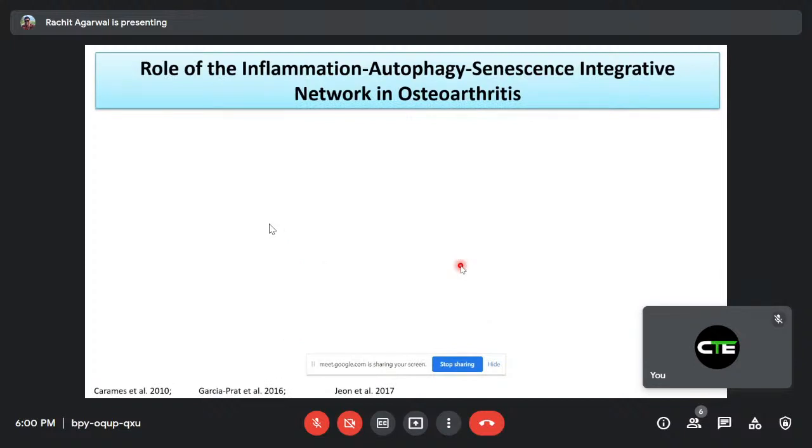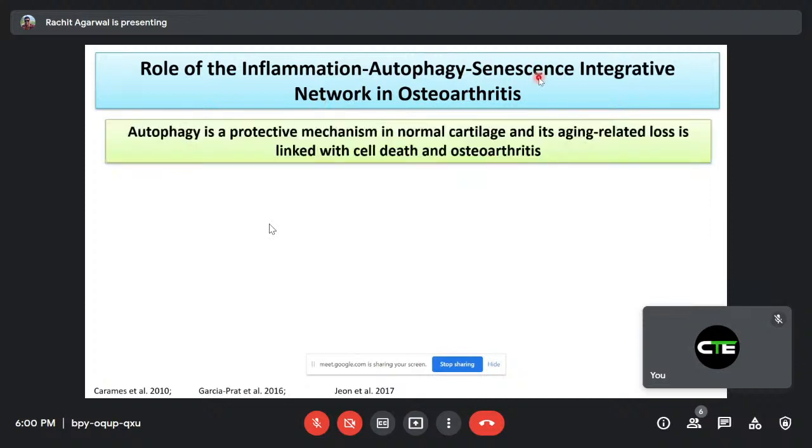So then we started looking, okay, what do we do to make a treatment that actually prevents the disease or changes the direction in which the disease is going rather than just managing pain. And what we found is this axis of inflammation, autophagy, and senescence having a heavy role here. So autophagy is a protective mechanism in which all cells, not only cartilage, but pretty much all cells in our body,